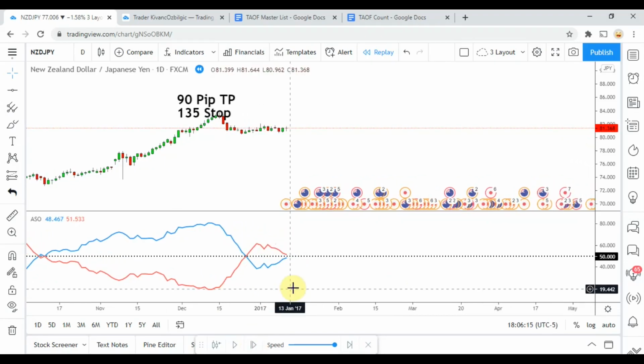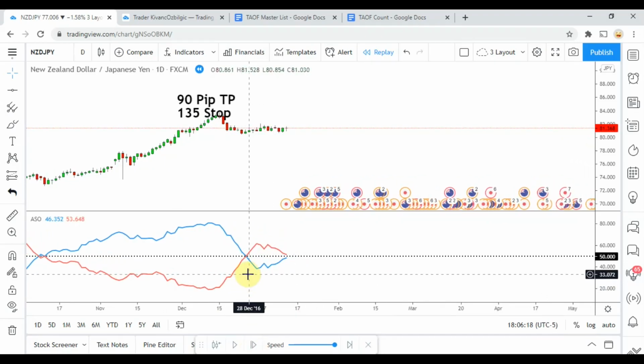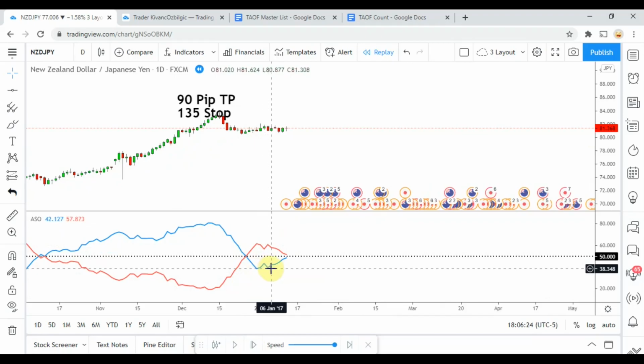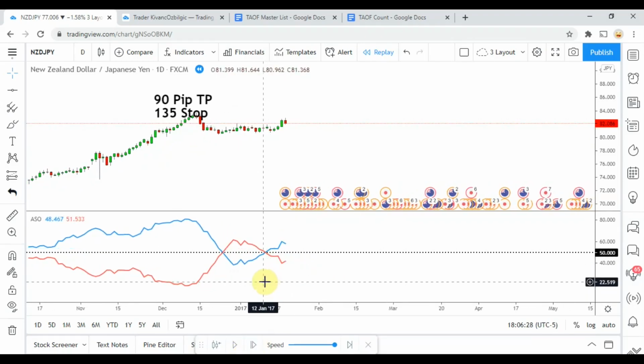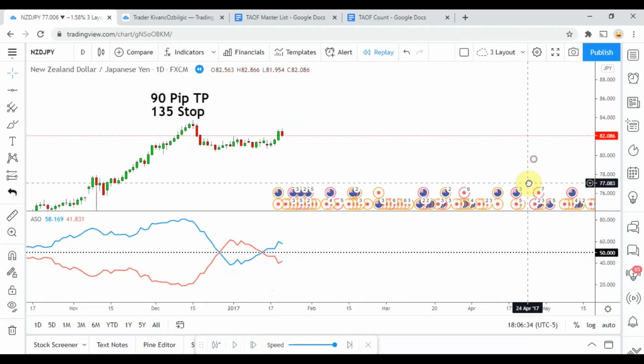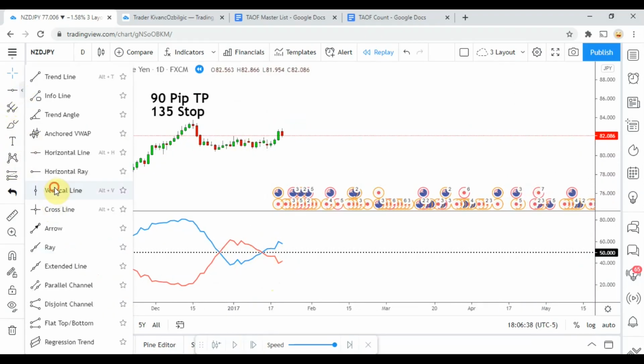So like I said, let's go ahead and get on with the testing and see what we can get out of it. So right there we get a cross, but unfortunately that was not quite within the year yet. So we will ignore that one, look for the next cross. Right there we get one, and that is a buy signal right there. The blue line crosses up above, so we'd be looking to go long,